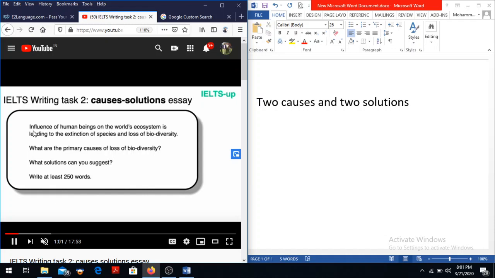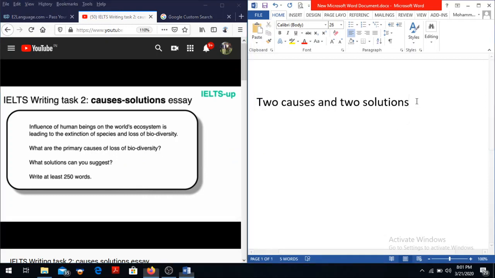So here is the question. The question is, influence of human beings on the world's ecosystem is leading to the extinction of species and loss of biodiversity. So what are the primary causes of loss of biodiversity, and what solutions can we suggest? So we should know what biodiversity is. Biodiversity means,